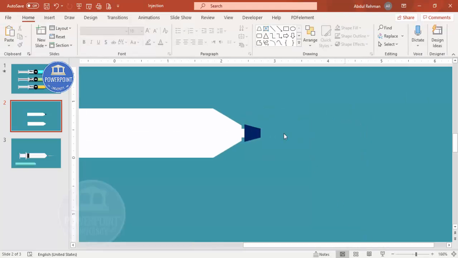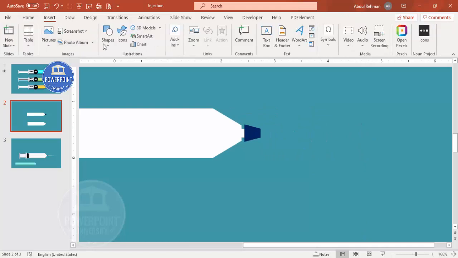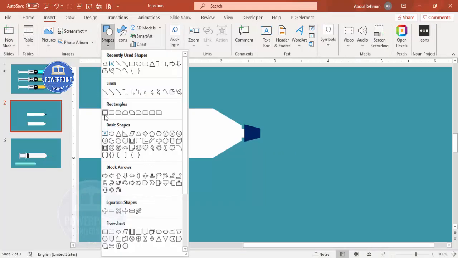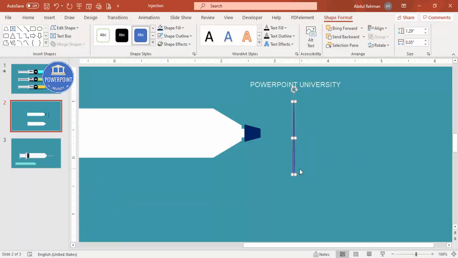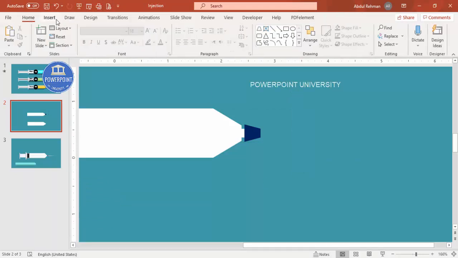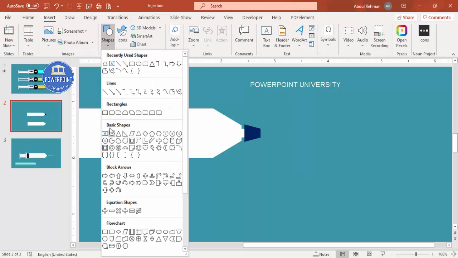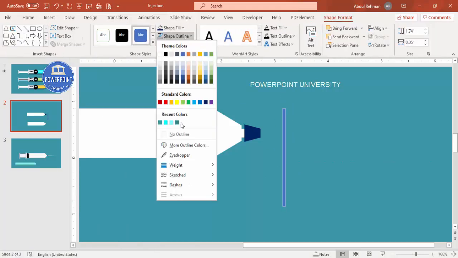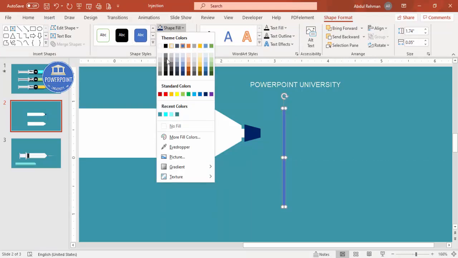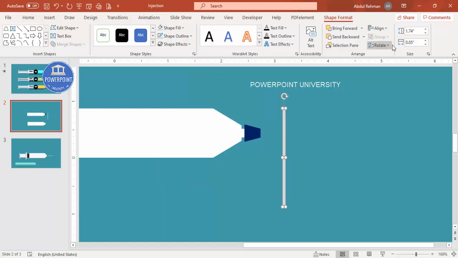And then I want to draw a needle. To draw a needle, you can either use a rectangle or you can use the triangle also. Just draw a triangle. Generally the needle will not be like this. If you want, you can make this one also a rectangle. Just draw a rectangle, shape outline, make it no outline, and shape fill, you can give some light gray color. All right, and then the width, I'm going to make it maybe